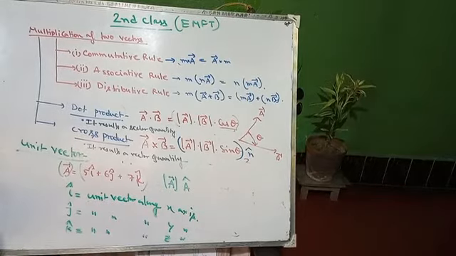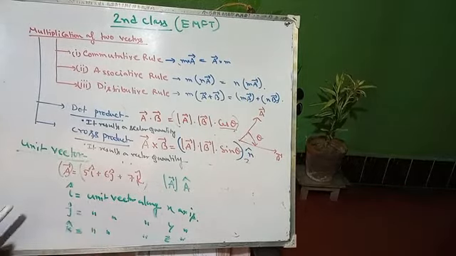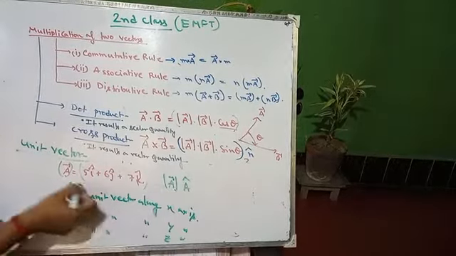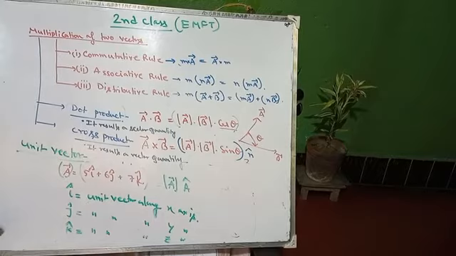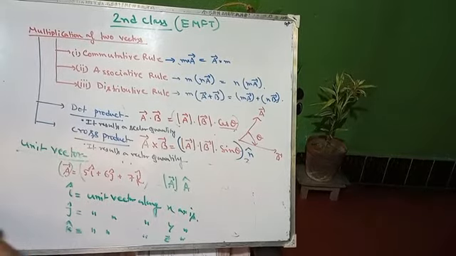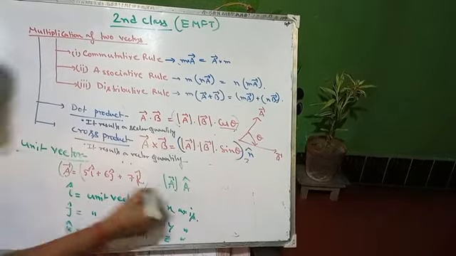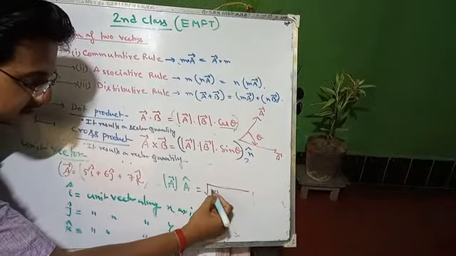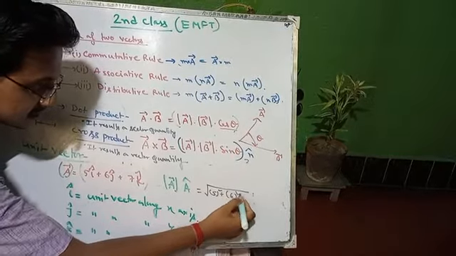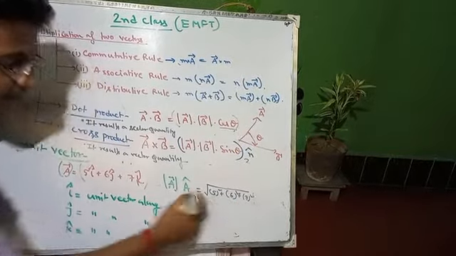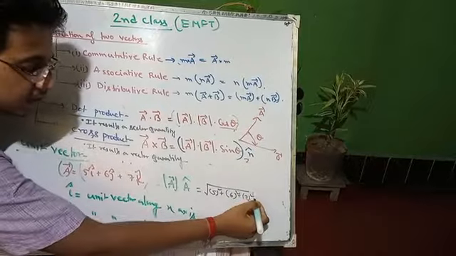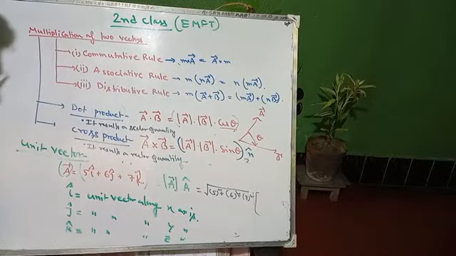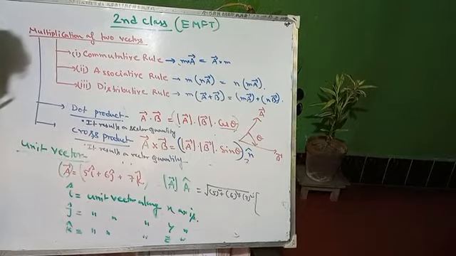So how to find this A magnitude using these values, and how to find this A cap using these values? See, it is very interesting actually. So modulus of A equals, I think all of you are familiar with this concept, and last day I discussed it very well, root over of 5 square plus 6 square plus 7 square. It will be the magnitude of A, right? And what will be the direction of A? Can you find? Last day I discussed something with tan inverse, right?